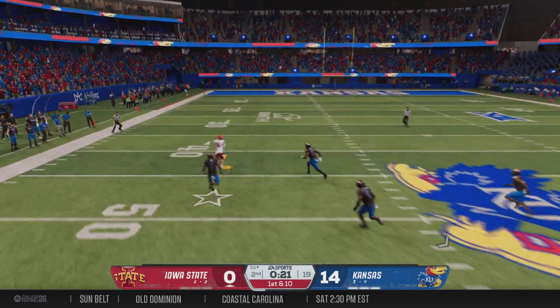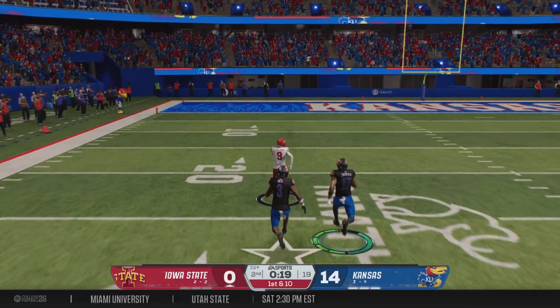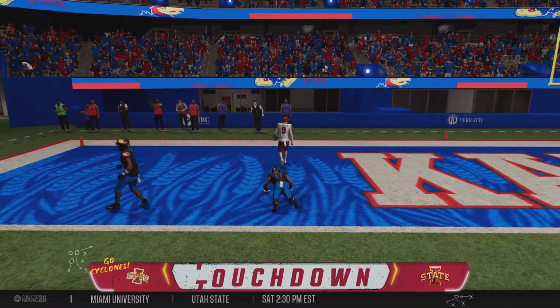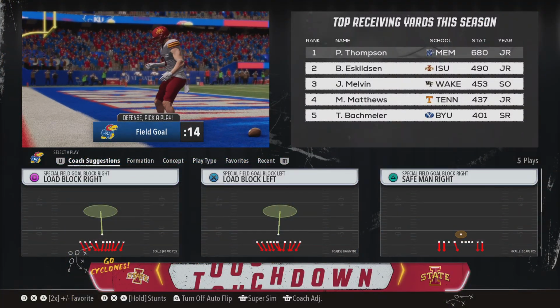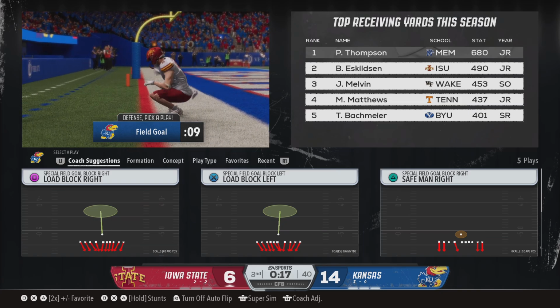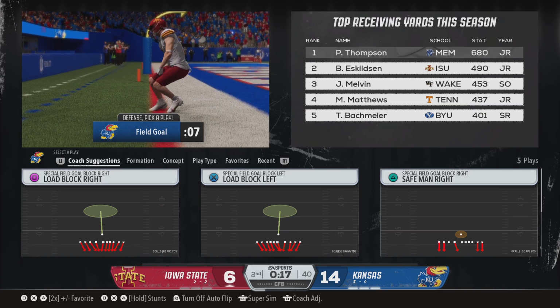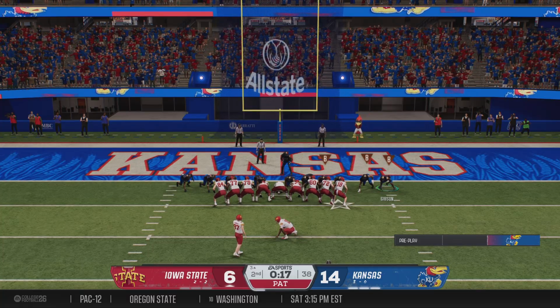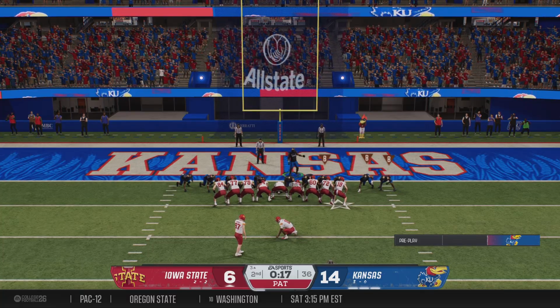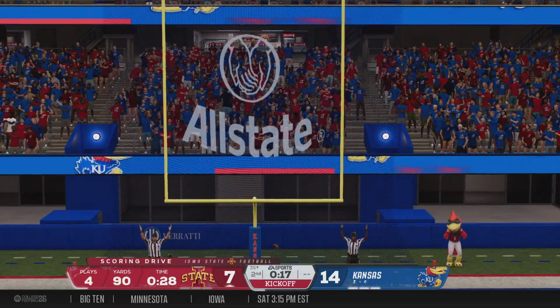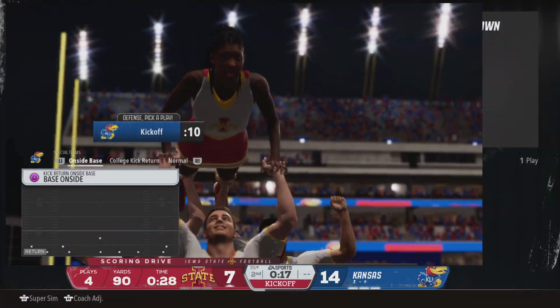Trying to get behind the defense. Wide open downfield. Off and running. And he'll take it to the house. He got loose. Touchdown, Cyclones! That is exactly what this offense needed to do. You talk about answering at the right time, right before the half, close this gap, create some momentum, go into the half, put something together, try to come out with your hair on fire and win this second half.